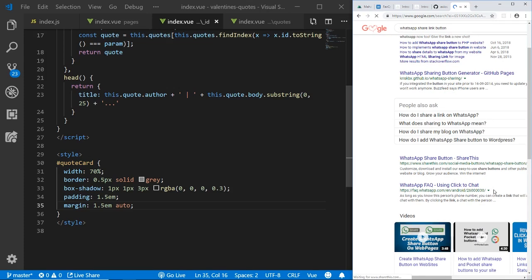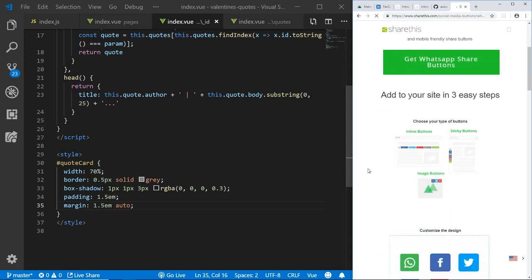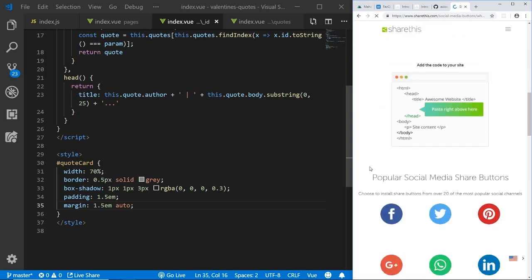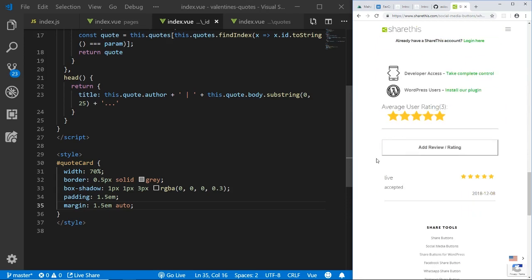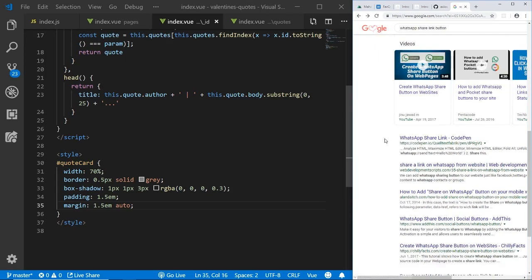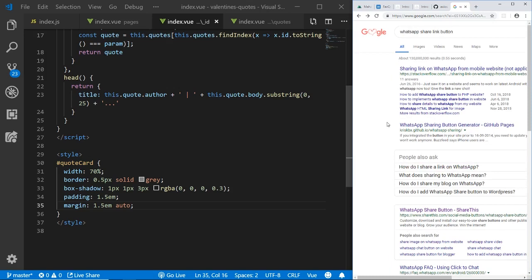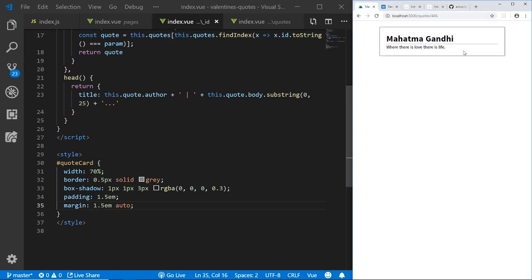So we have WhatsApp share buttons. If this is going to take too long, I'm not going to do it, but it's worth having a quick look. So now maybe you can send this to your lover. Looks like we need meta tags and all that, but I'm pretty sure they just have a mobile link where the URL has a parameter that equals the number or something like that, and then you can send it. But whatever, you can just copy and paste this link and send it to your lover, and you'll get